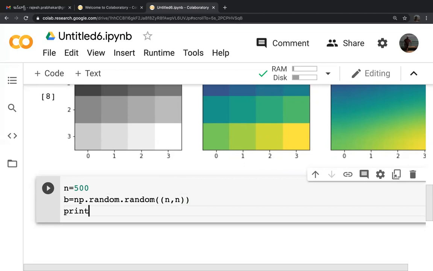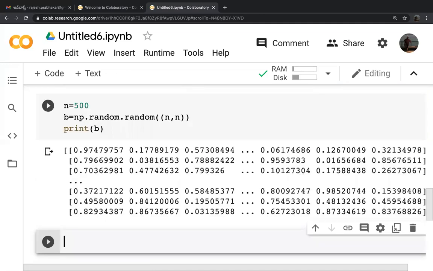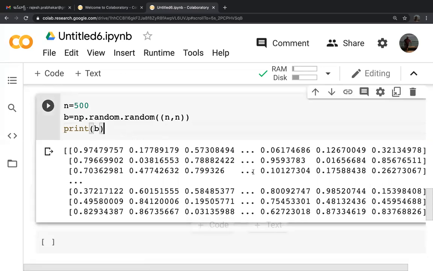So print B. Just see what we have created. See, it created a very large matrix of 500 rows and 500 columns. That's why it is showing dot, dot, dot, and it has randomly created this matrix using values between 0 and 1.